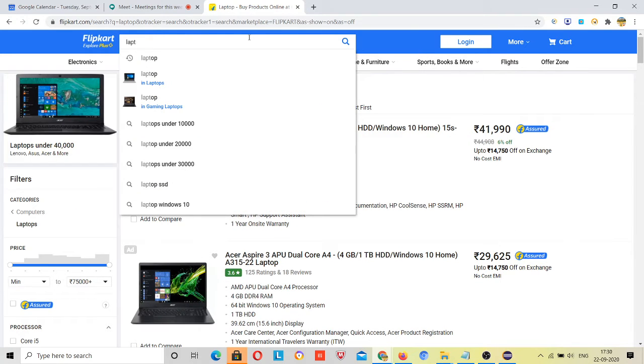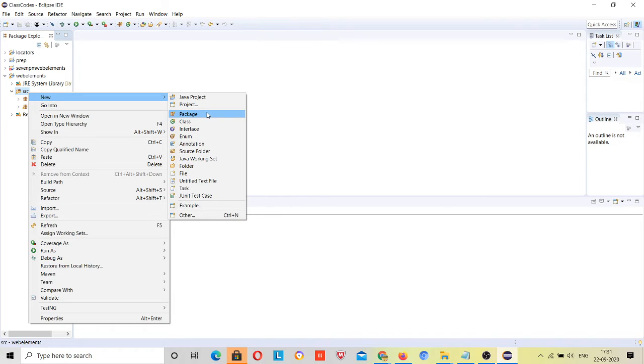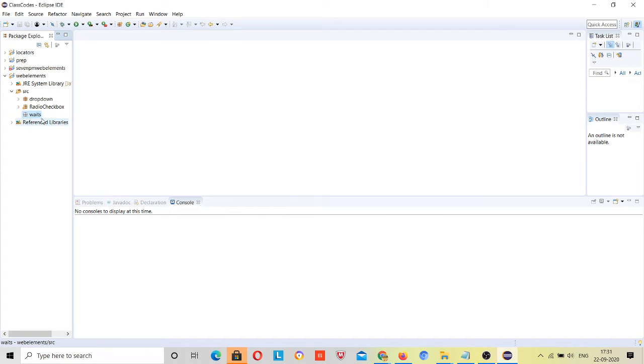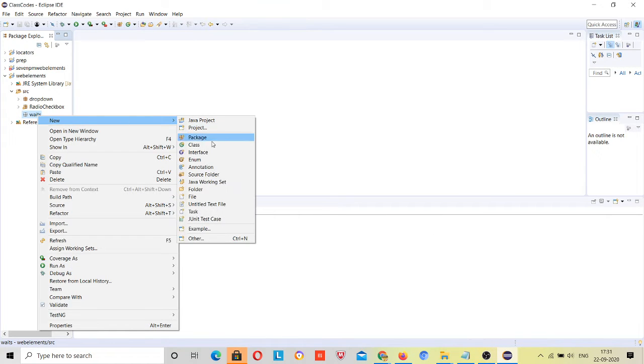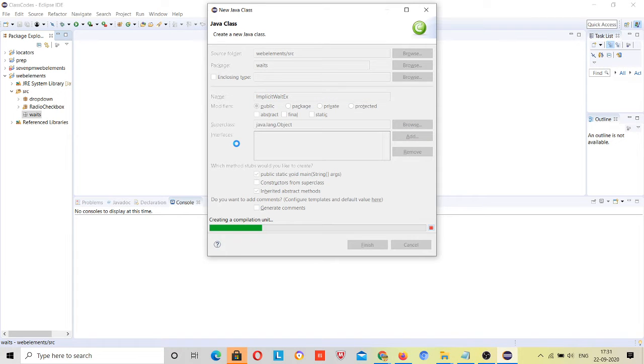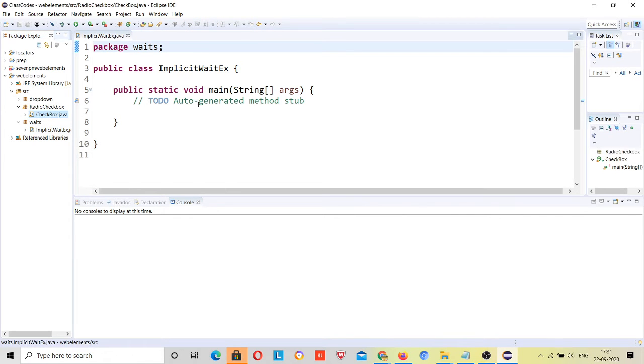So we will understand it by code. Let me start. Suppose we go for waits, implicit wait. I will copy the first 3 lines of code.